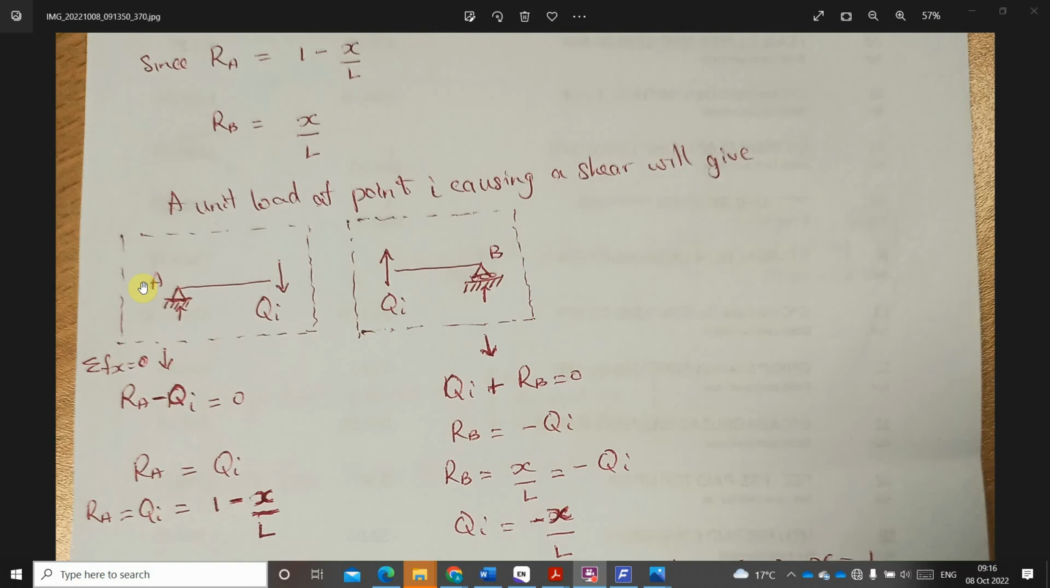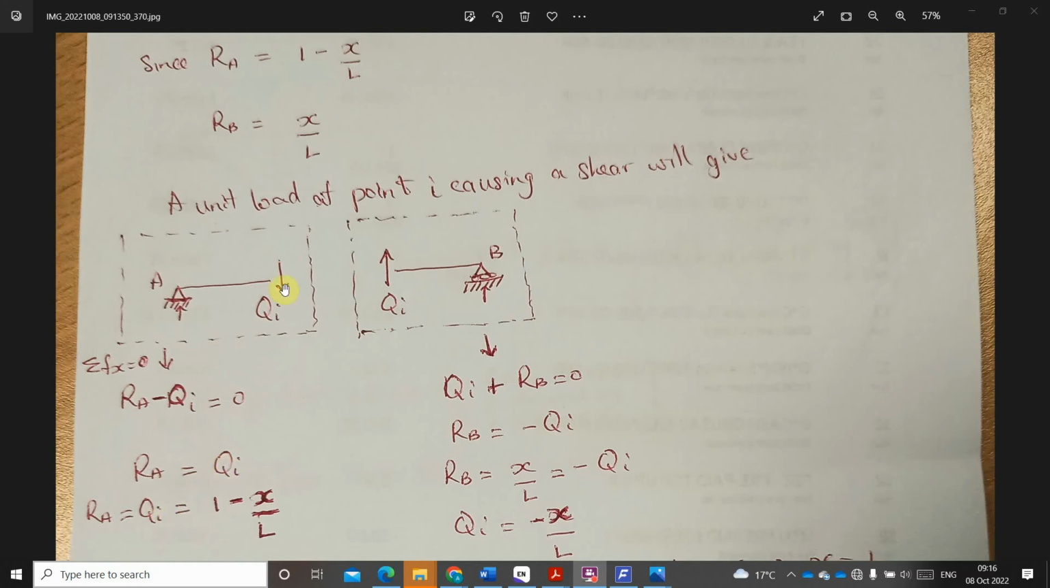Sorry, when our forces along the Y axis are equal to 0. Now, if we look at it, the summation of this one minus this, this is pointing down, this is pointing up. Please take note, when we have it pointing down here, we have it pointing upward here, and likewise the same way we treat it. Now, if we have our reaction at A to be equal to Qi,